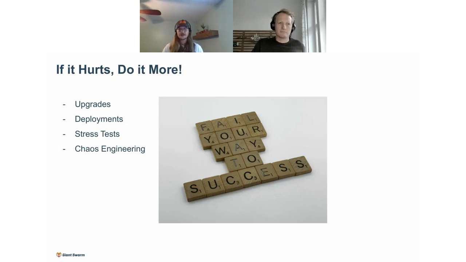So for upgrades, you're going to learn which services struggle. You're going to learn where you need maybe support around tooling, around monitoring, etc. as you do this and as you try it and as you experience it. The other part of this is going to be chaos engineering. And I won't go too much into this, but chaos engineering simply being go and break your stuff on purpose, right? You can write scripts for this. You can go in and manually do it.